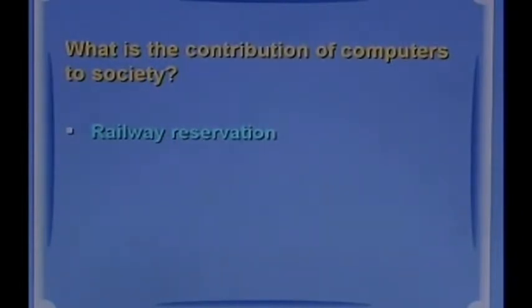The second example that we will take is operations in a bank. A customer goes to a bank to withdraw an amount with a check. The counter clerk enters the data in a computer, verifies the customer balance, and immediately allows the customer to withdraw the amount. The advent of ATMs has accelerated the process further with the help of networking.